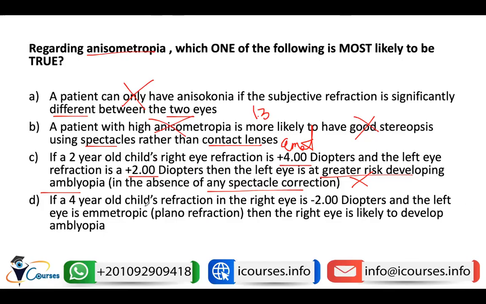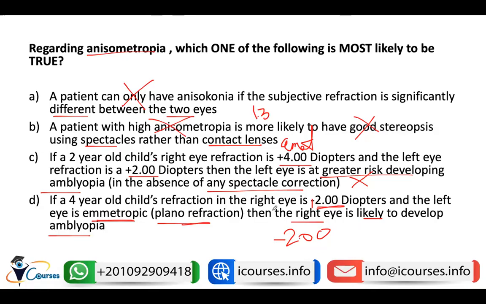If a four-year-old child's refraction in the right eye is -2 diopters and the left eye is emmetropic or plano refraction, then the right eye is likely to develop amblyopia. Well, although the right eye is the more ametropic, with a difference between both eyes of -2 it is unlikely to develop amblyopia, especially since it is myopia. If it is hypermetropia, if this is +2, then it could happen that the hypermetropic eye will develop amblyopia. But as we said in the lecture, the child tends to tolerate myopia more than hypermetropia because